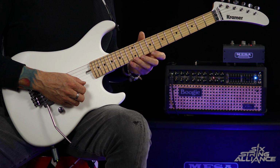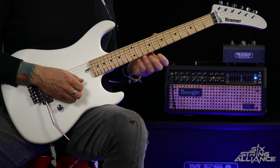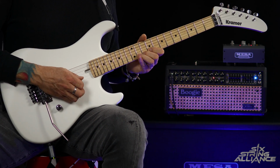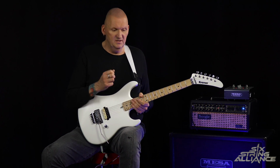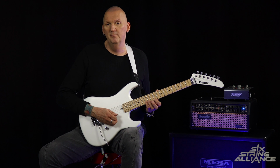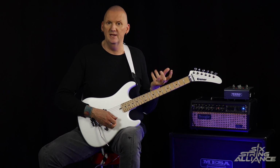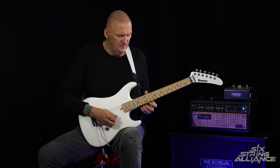Then we play 9 on the top E. Hammer on 10 to 12 on the B, and then we have... Now, that was a telltale to me because you hear a pick on the 9 on that C sharp, and then you hear a pick on the B note as well. So that took me away from doing a 3-note per string hammer on and pull-off thing because of the picking. So you get...